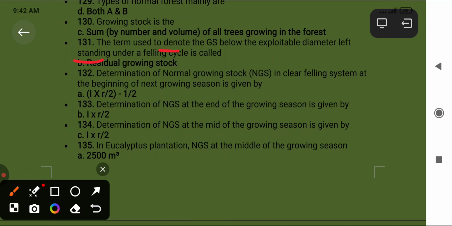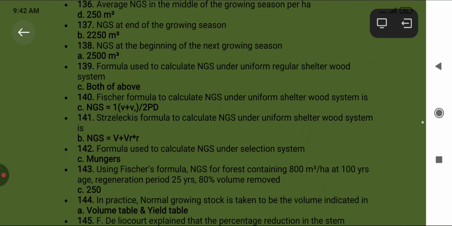Determination of normal growing stock in clear felling system at the beginning of the next growing season is I into (r by 2 minus 1 by 2). Determination of normal growing stock at the end of the growing season is given by I into r by 2. Determination of normal growing stock at the mid of the growing season is given by I into r by 2. In eucalyptus plantation, normal growing stock at the middle of the growing season is 25 meter, and we can see